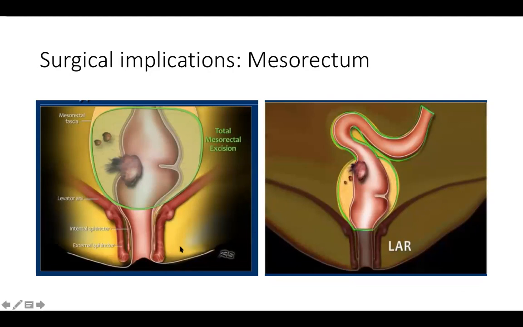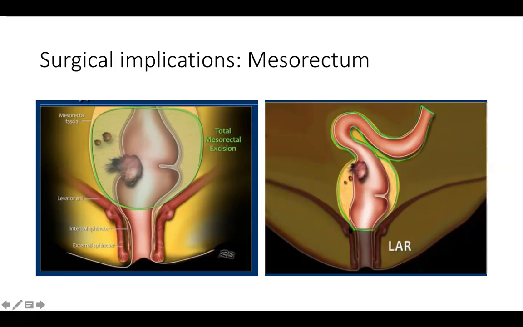As I said, this is the avascular plane. The surgeons basically want to reach this plane and remove whatever they can without breaching this fascia at all. This is what is called a good quality total mesorectal excision. Only the extent of surgery will differ, but what they are trying to remove continues to remain the same. So this envelope is what they want to remove at all times. Depending upon the extent, it could either be an anterior resection, or it could be an APR when they will try to go all the way down.